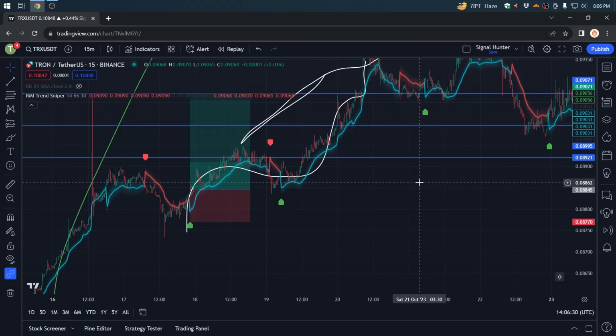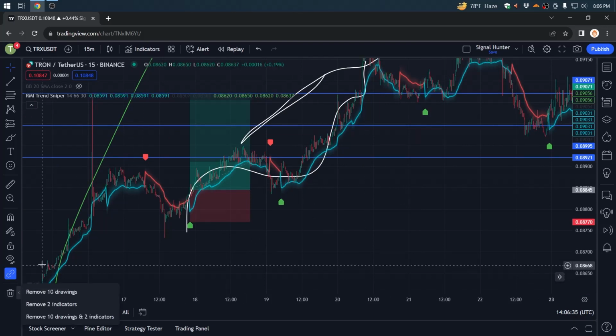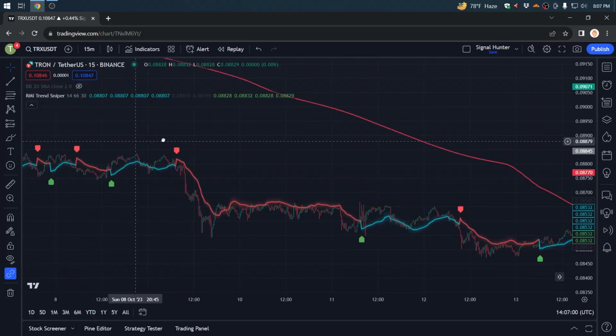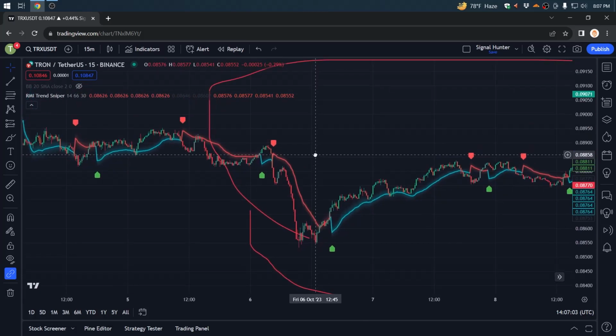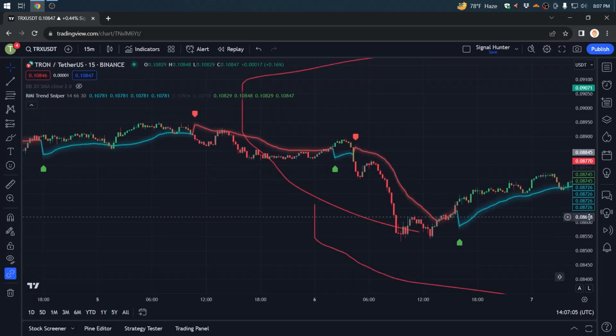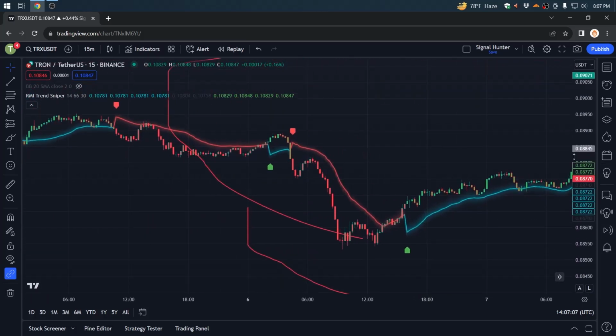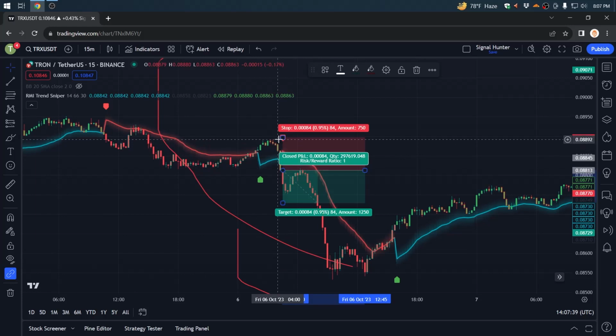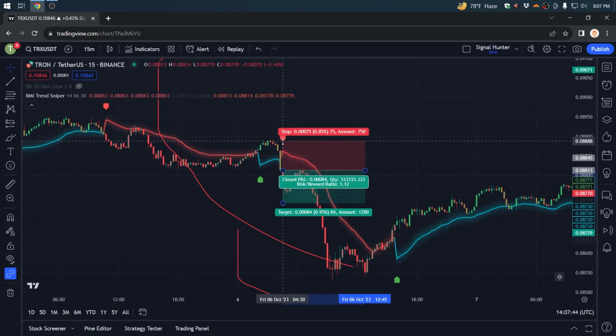So now let's see how you can generate a sell signal in a downtrend market. Some time ago we marked this area as a downtrend market. You can see from the 4-hour time frame it was a downtrend market. So in a downtrend market, if you see the red arrow appear from the Trend Sniper indicator, that means it's an opportunity to take a sell position. So you can take your sell order here, and your stop loss will be above the recent